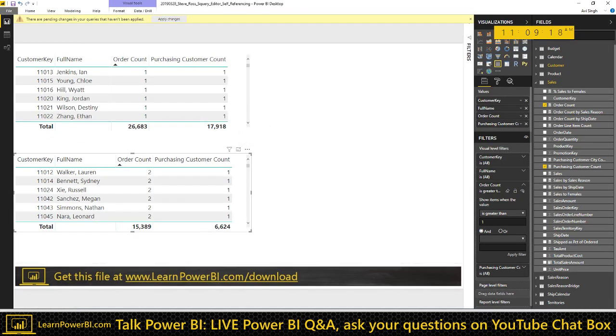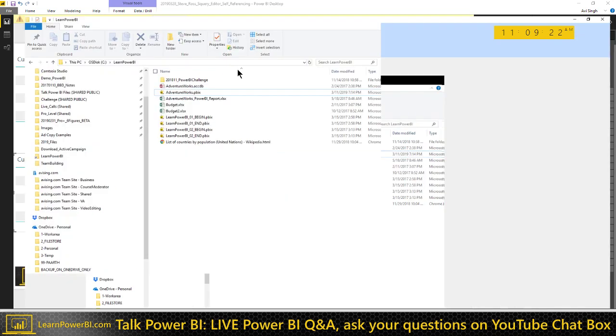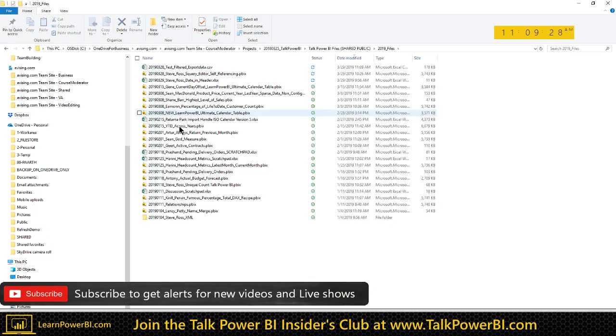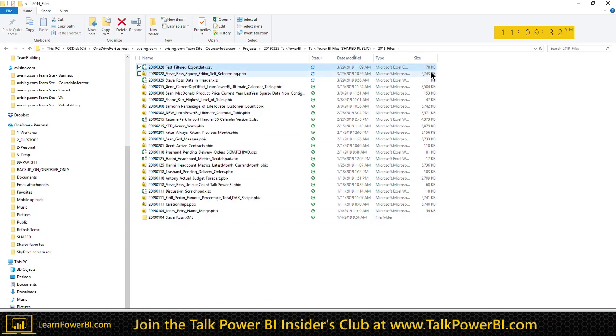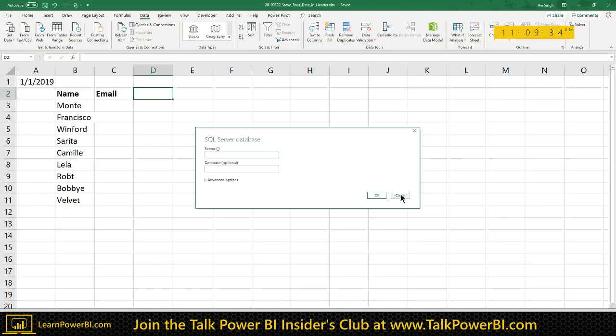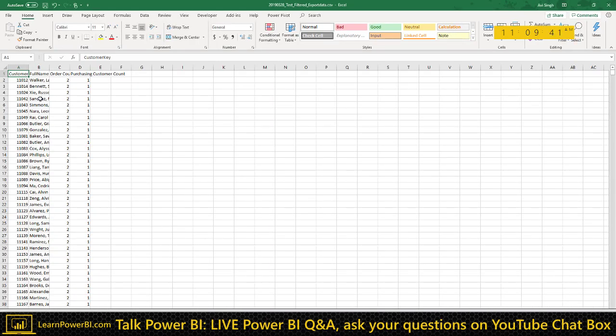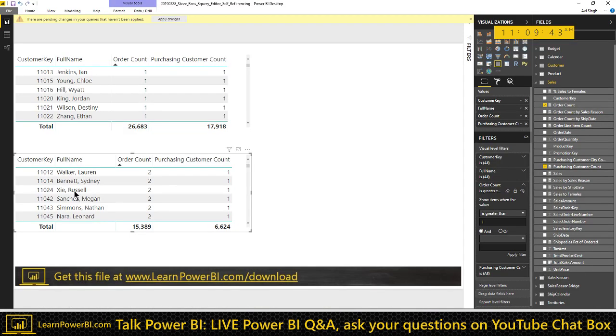Okay, I'll go back and get that file. Okay, yeah, I can see the size is 178 kilobytes, so it definitely shouldn't be blank. And I should see exactly 6,624 rows in there.